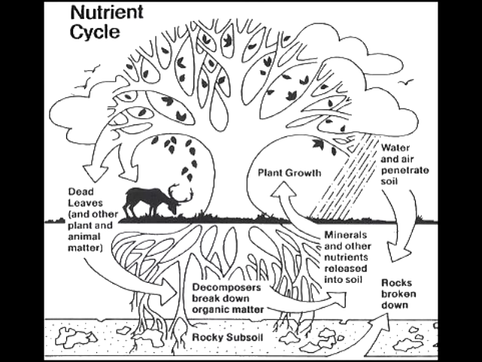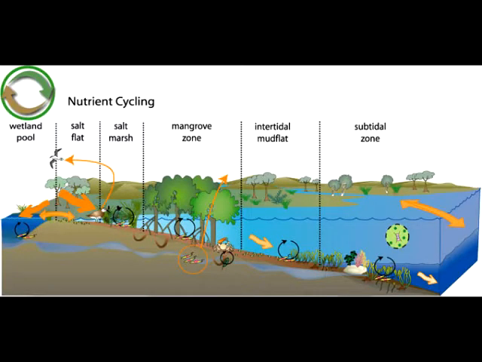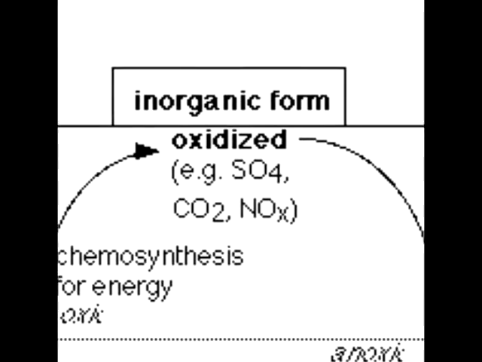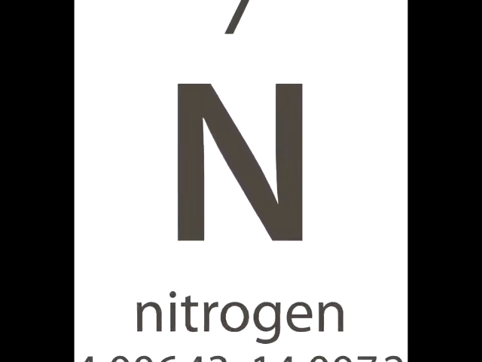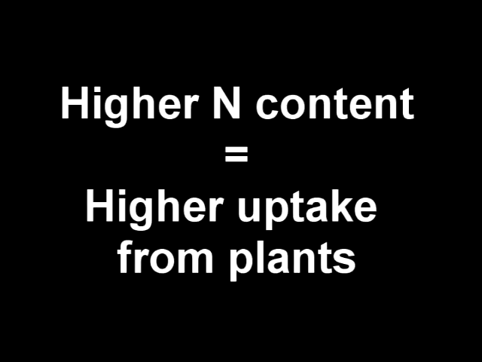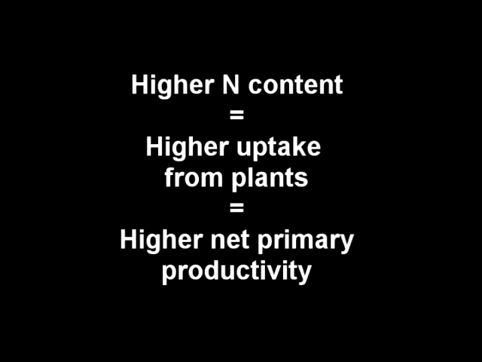Internal cycling, or nutrient cycling, is an essential feature of an ecosystem. It is the process where the microbial decomposers transform organic nutrients to mineral form ready to be taken up by plants. Nitrogen is an essential element in nutrient cycling. Higher nitrogen content results in a higher uptake by plants, which will eventually result in a higher net primary productivity